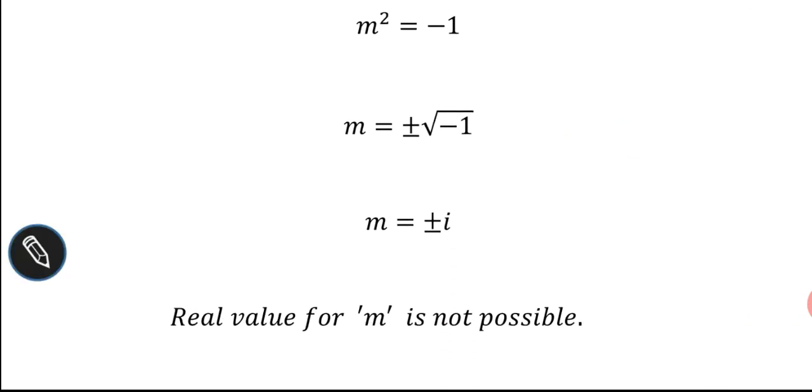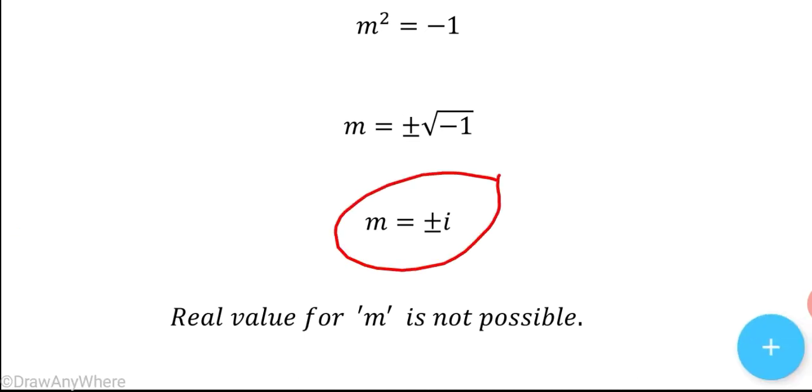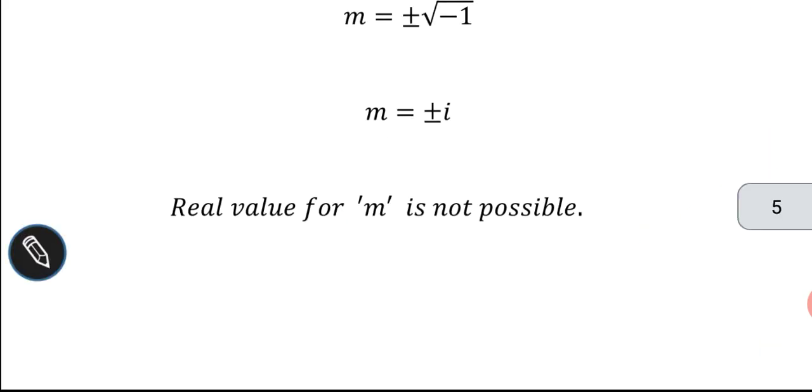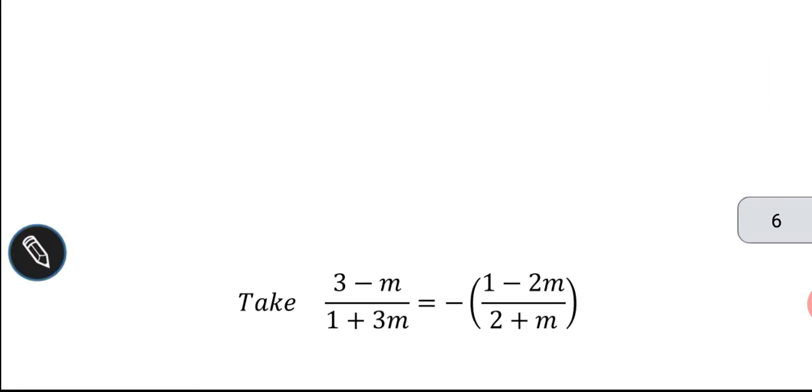Okay, so in this case real value for m is not possible because m is imaginary. Okay, but we need the real value of m. Okay, so real value of m is not possible for this case. Now take